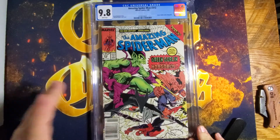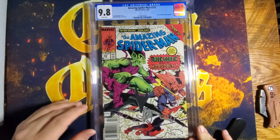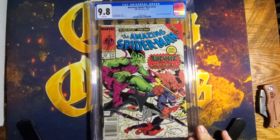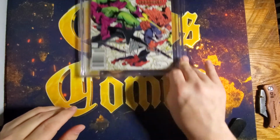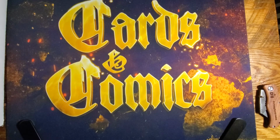And if the prices keep going up on McFarlane stuff, and Spawn does well when the movie or whatever show's coming out with Spawn, I believe it's a movie, it can only help. So again, it's a low risk spec, and it's a cool book, and I like to have it just for my Spider-Man collection. Next up